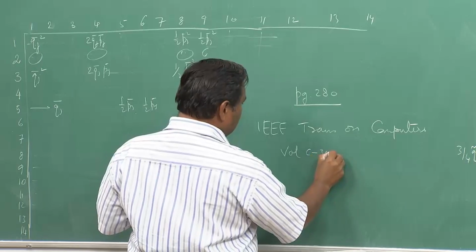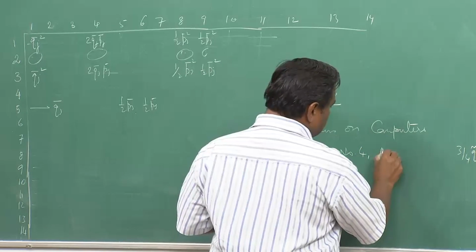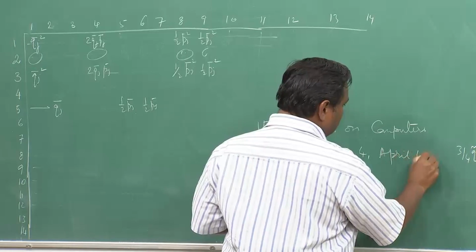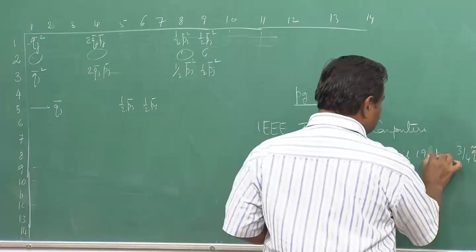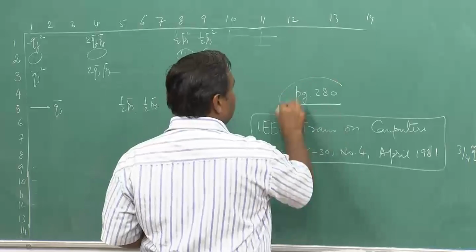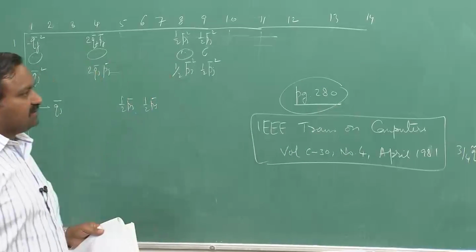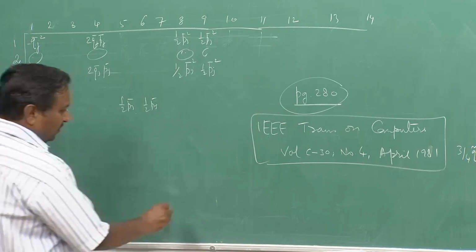Volume C30, number 4, April 1991. Sorry, 1981. So, in this journal on page 280, 3 matrices are actually given. So, this particular paper is also available on